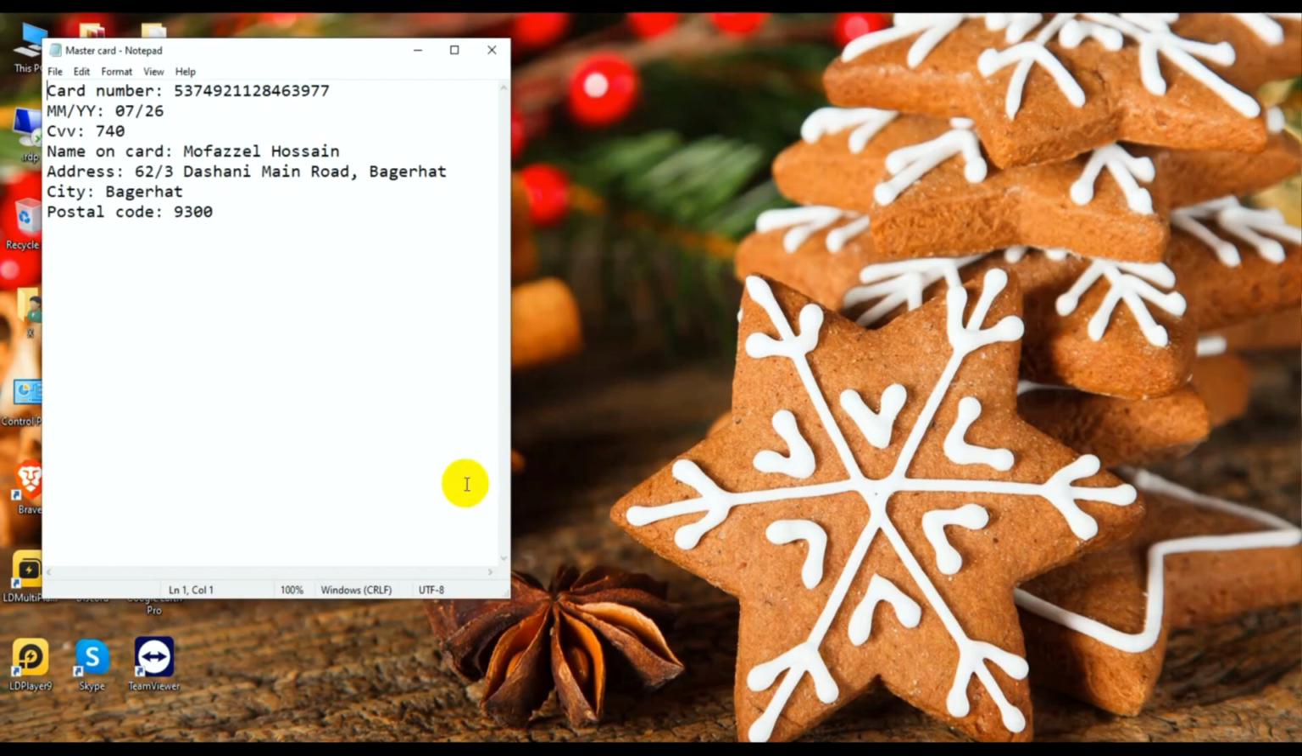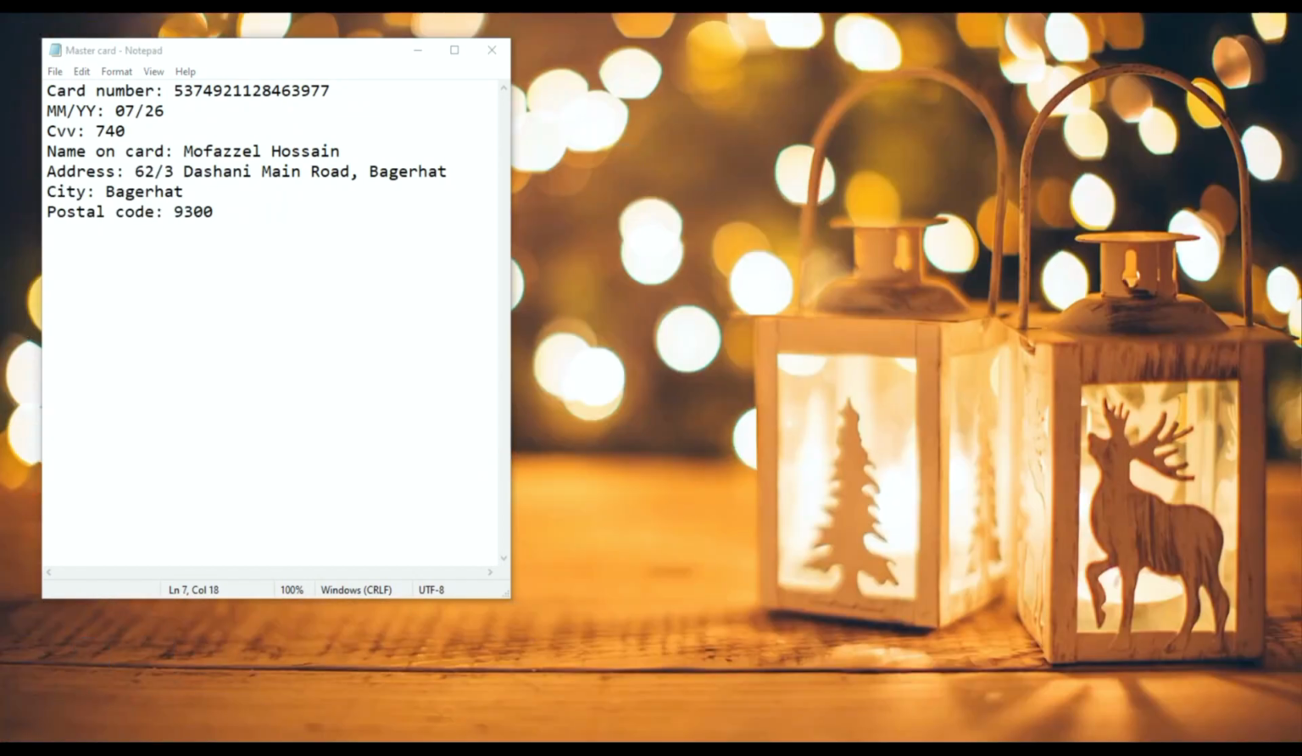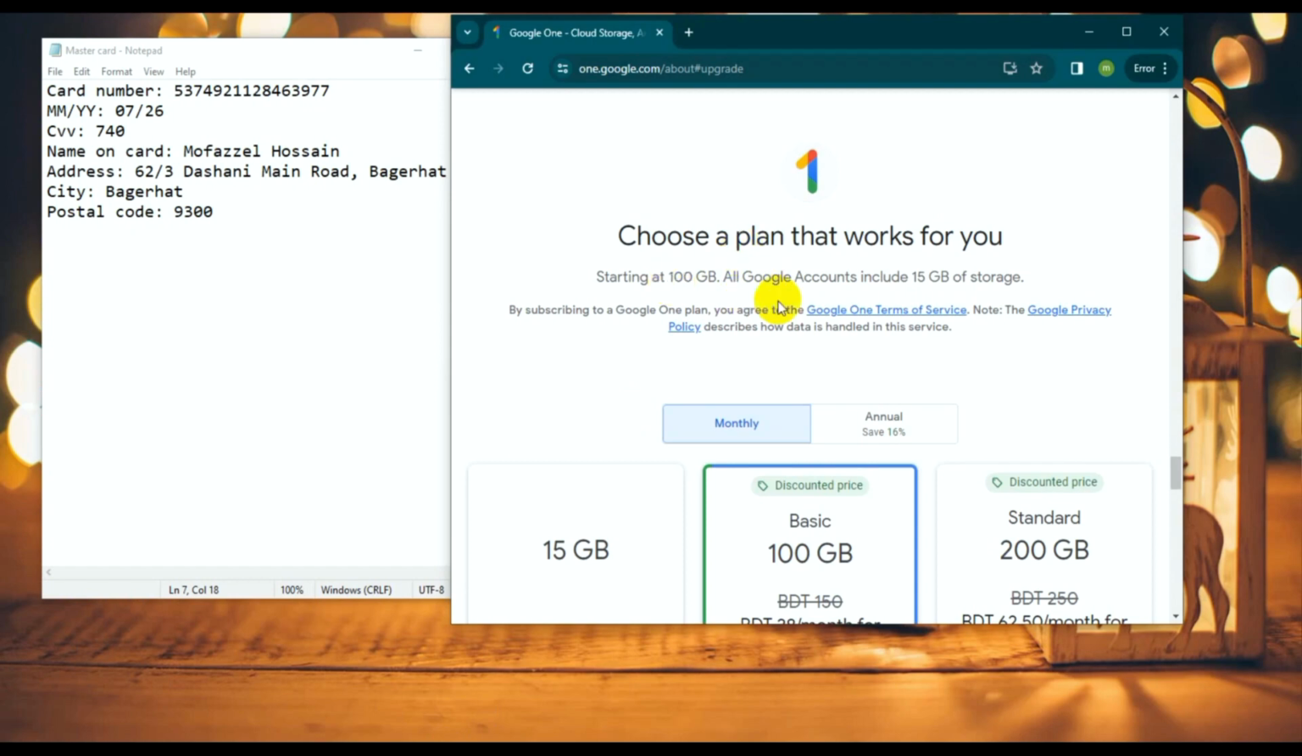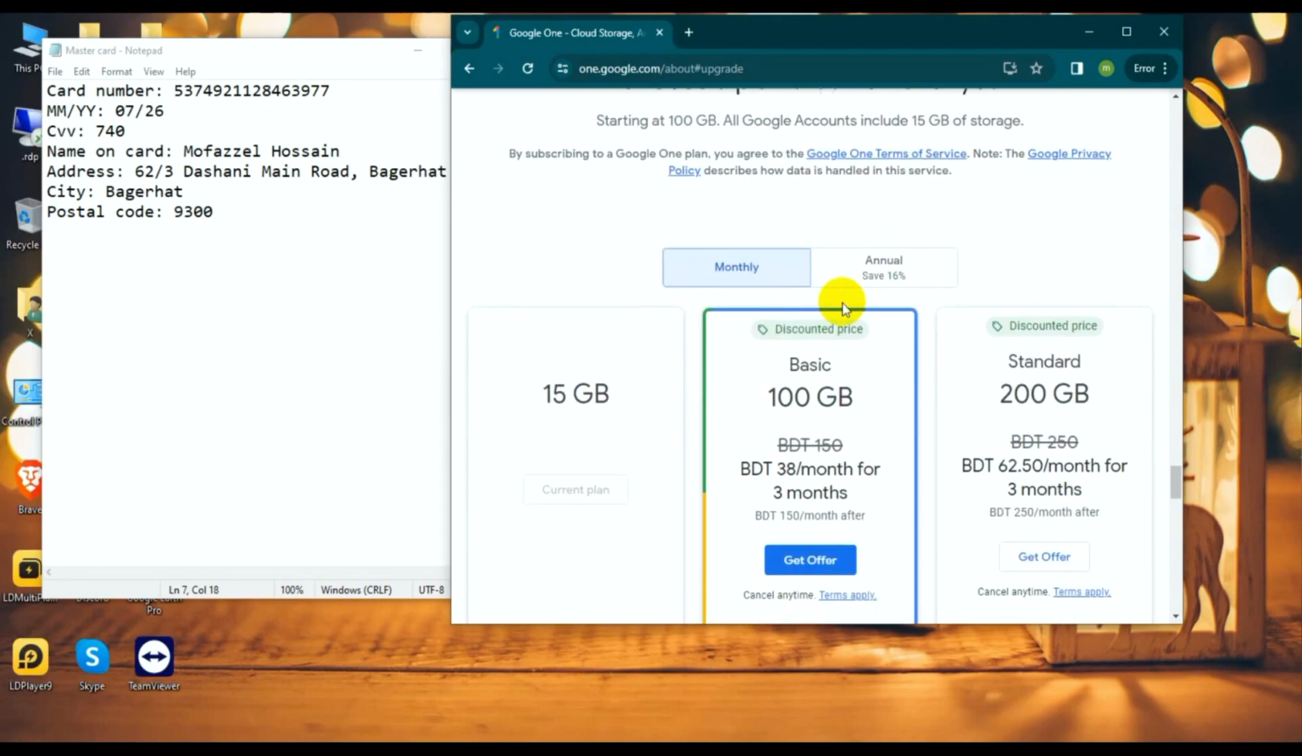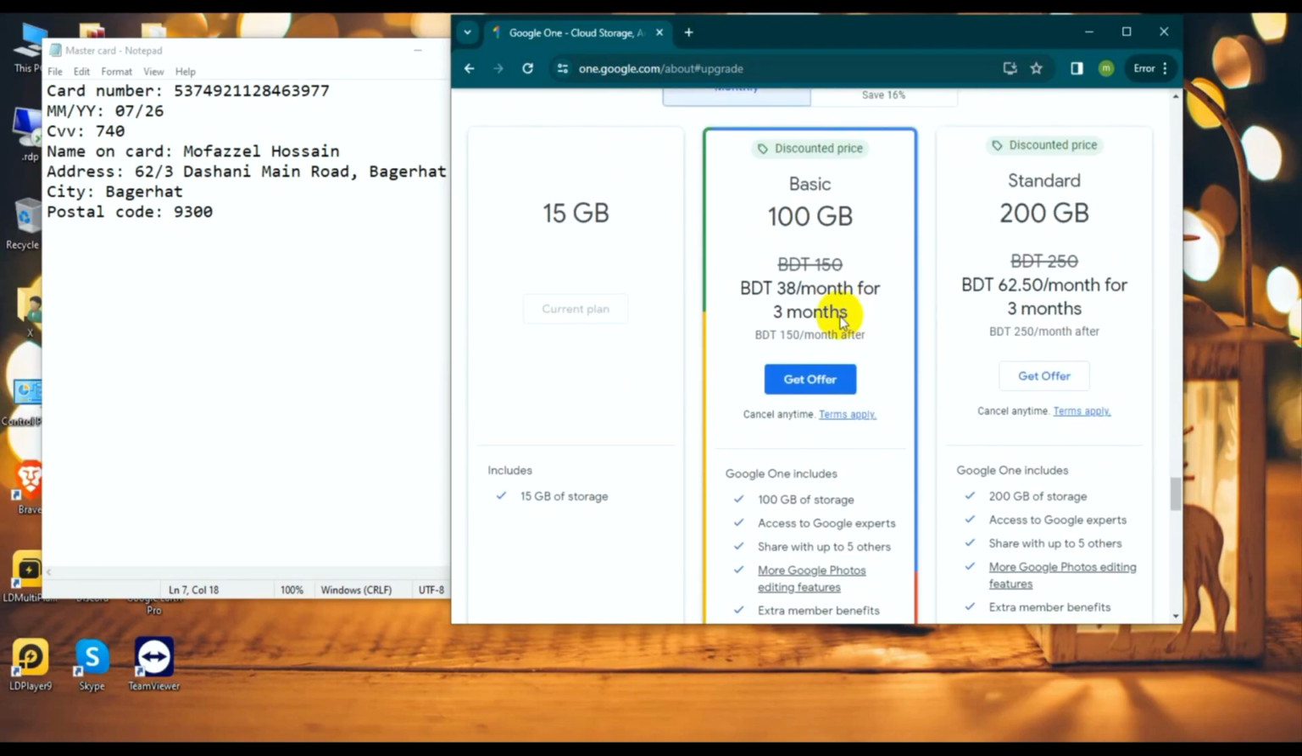So I just opened a notepad, and this is the MasterCard with month, year and CVV, card name, address and postal code. So guys, now I'm opening the Google One network. Okay, I'm just clicking